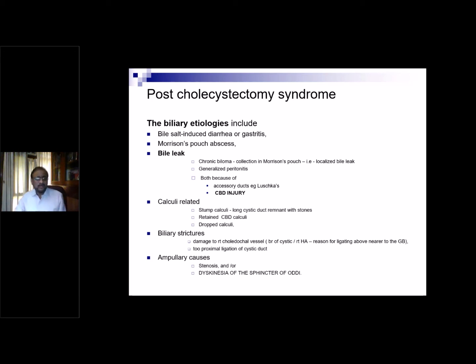Okay, or you could be having a more extensive part of the gallbladder left behind. For example, you did a partial cholecystectomy, you missed a stone inside that, right? Or it could be a stone which is missed inside the CBD. Preoperatively, peroperatively, you're not able to diagnose it, and postoperatively, when you did an ultrasound, you found there was a stone in the CBD. At this point of time, let me tell you one very common problem, and that is